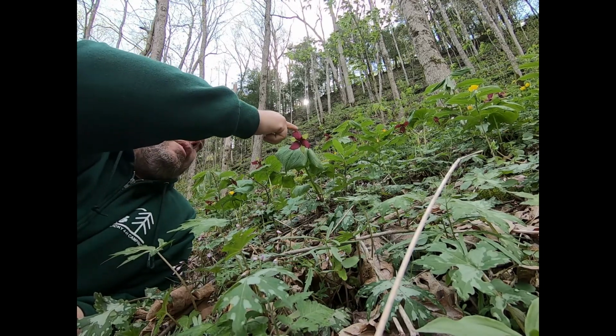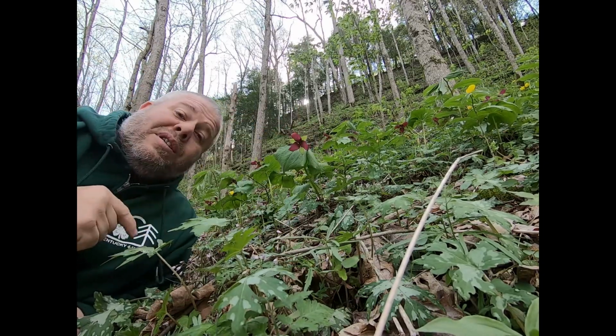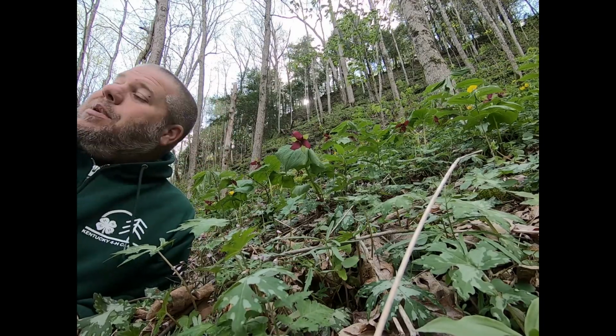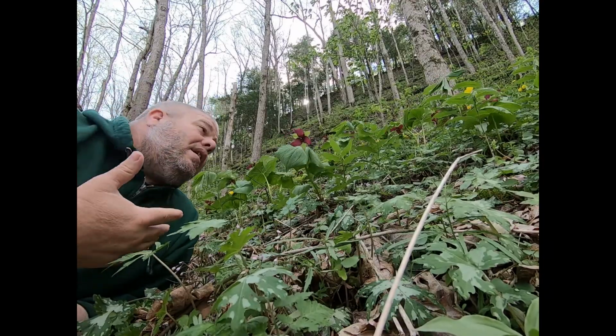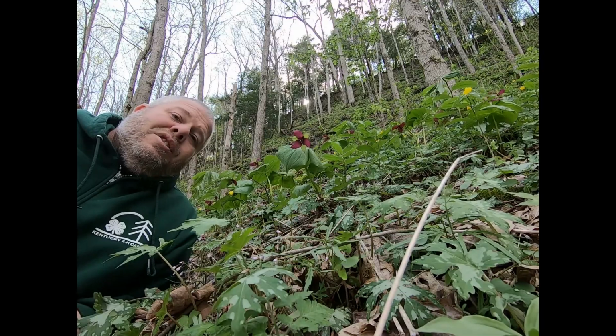We see the red petals. We also may want to smell the flower. That's why I generally get really close to it, is I want to smell it as much as I possibly can. And then, there's other things that I'm going to look at. So I know this one